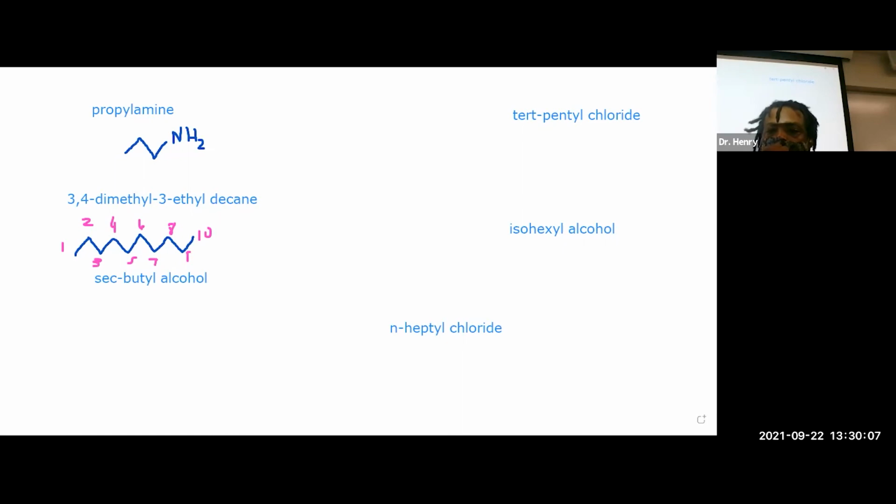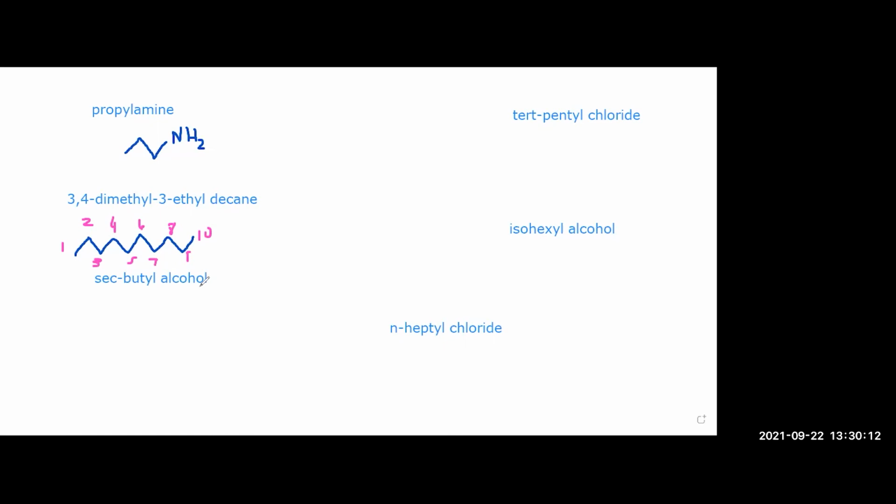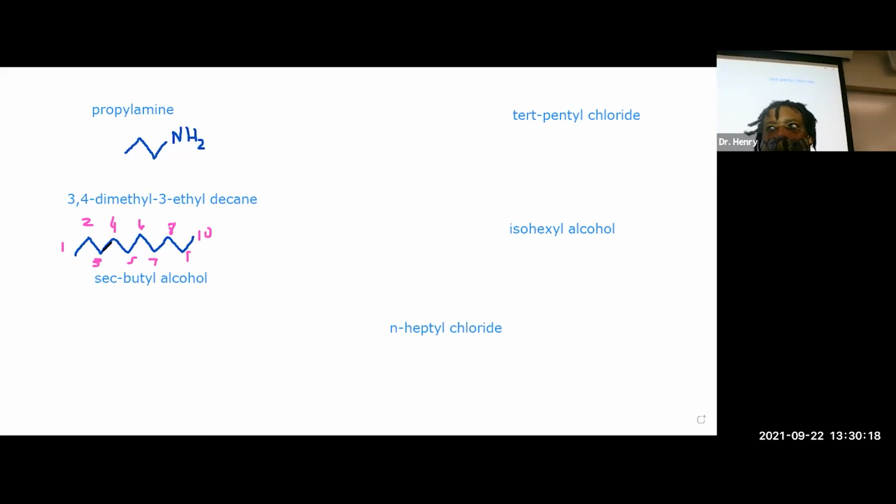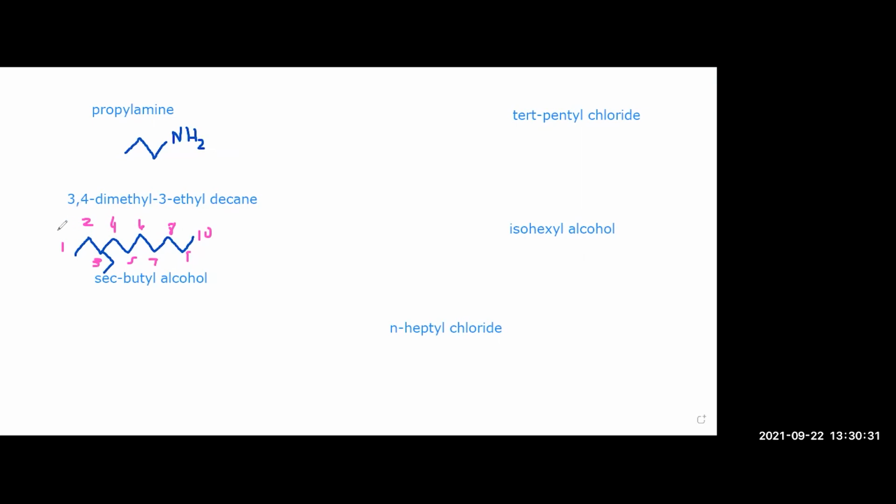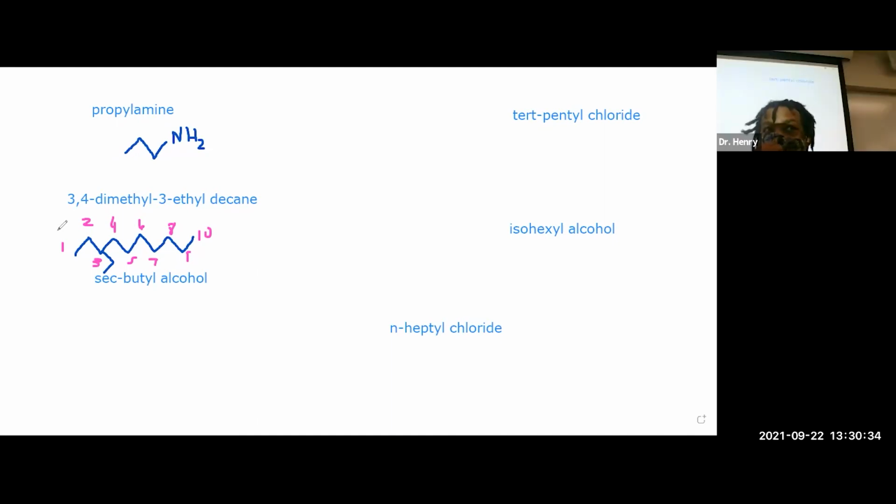Okay, so then what am I going to do? We're going to put the long chain where it goes into 3. Okay, so I'm going to put the ethyl chain on the 3. Is that what you're saying? So that's 1, 2. Okay, and what else is on 3? Dimethyl. So is it a dimethyl on the 3, or is it just a methyl? What does that look like? Okay, and then